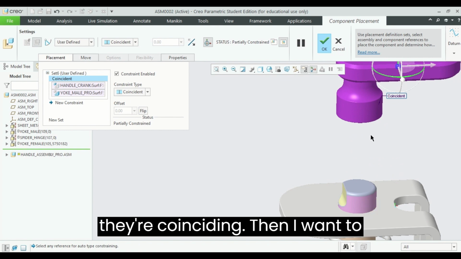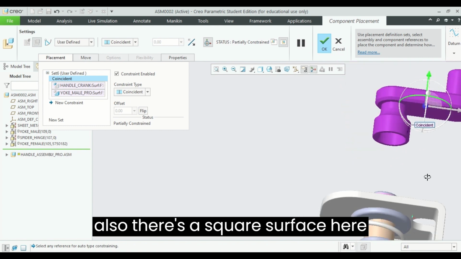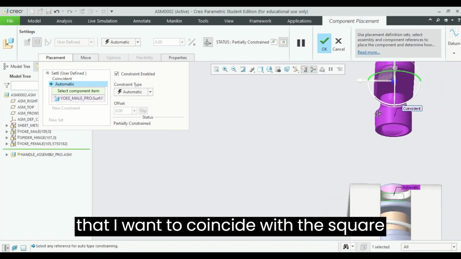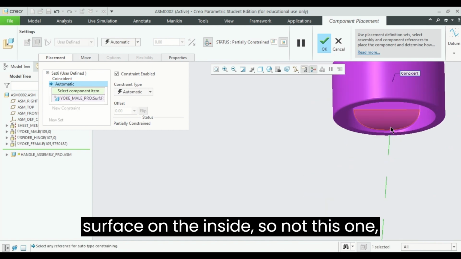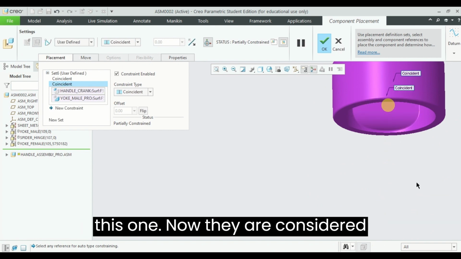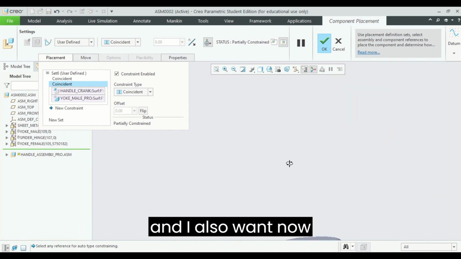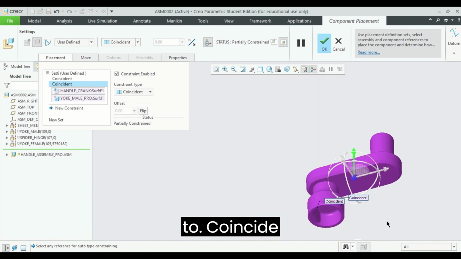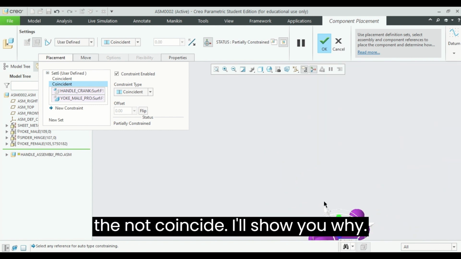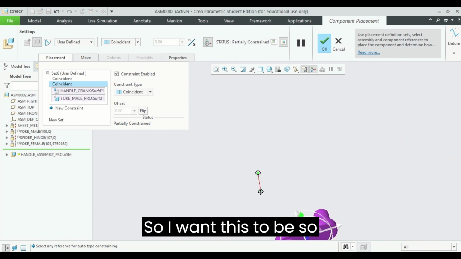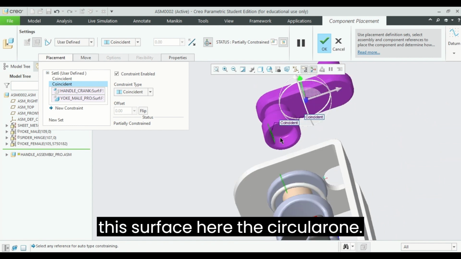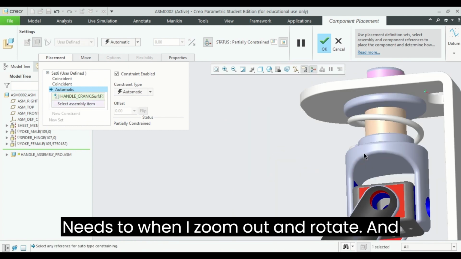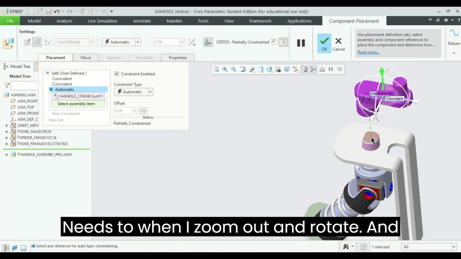Okay, so now they're coinciding. Then I also want, there's a square surface here that I want to coincide with the square surface on the inside. So not this one, this one. Okay, now they are coincident, and I also want now to coincide the... not coincide, I'll show you why. So I want this to be coincident. So this surface here, the circular one, needs to, well, let me zoom out and rotate,